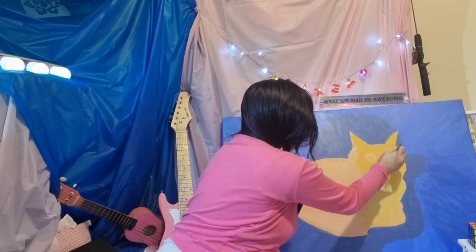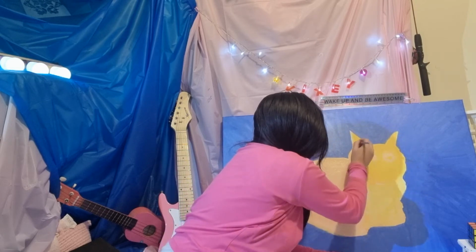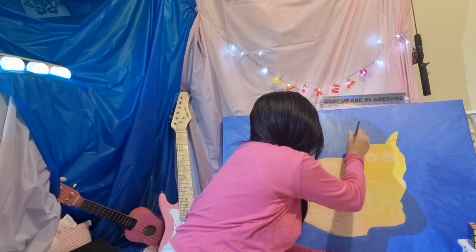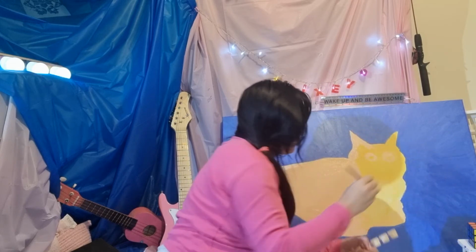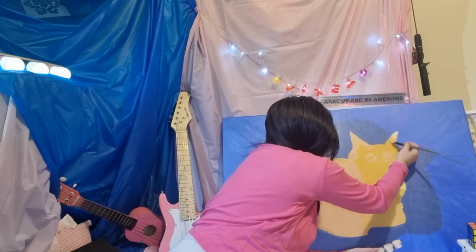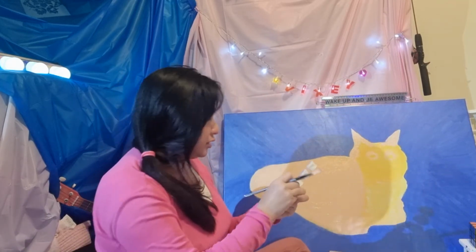His eyes, kind of thing. And really getting in there with the ears, particularly because with the ears a lot more fleshiness is going to be revealed there. So I really want to get those ears coated nicely. It's okay if I go a little over the blue. I'll be taking back the blue in